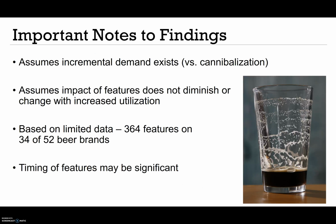Now, again, we noted some assumptions at the very beginning, which is that this assumes incremental demand exists for these beers, and that the impact of these features does not diminish or change with increased utilization, and there's not a diminishing return on marketing. And this was based on a limited time set. However, we find that this recommendation would be very meaningfully impactful to the overall revenue that this grocery store could generate, and ultimately would recommend that you hire us as a consulting firm to continue to do additional data exploration and make recommendations in order to drive